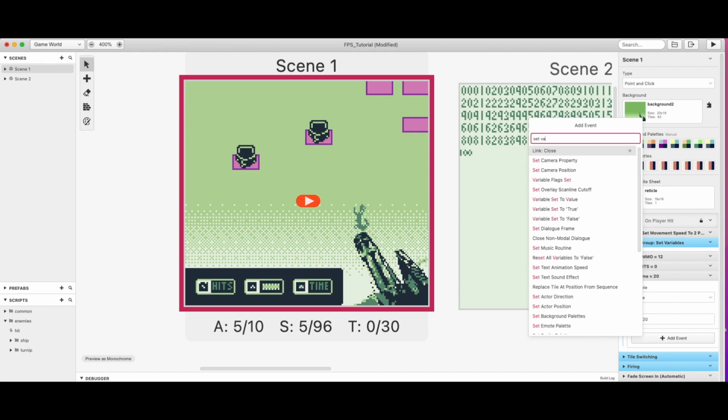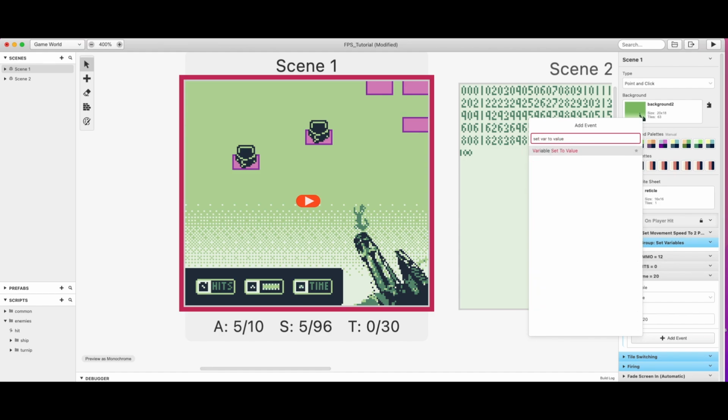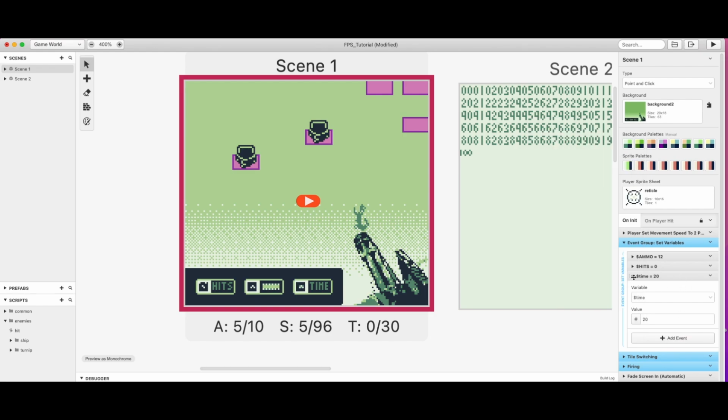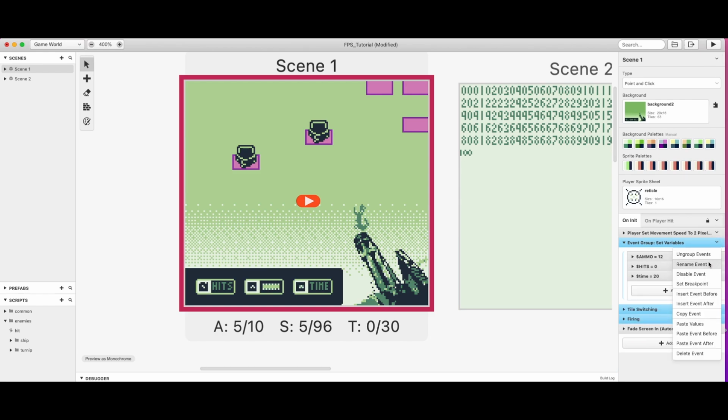So that command is set var to value. There you go. It'll find it for you. So what I did is I set a variable, just named time, to 20. Another way to do it, and I don't believe you can show this,